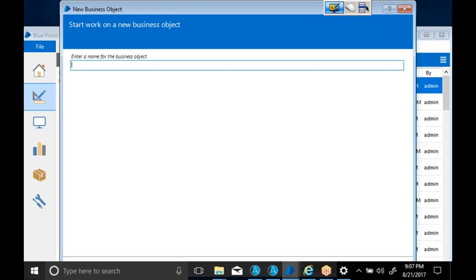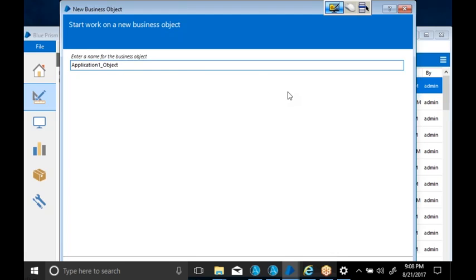Now why are we creating the object for the application? That's why I give the application name underscore Object. For suppose I have an application called Application 1, I will name it Application 1 underscore Object. Always follow application name underscore Object.